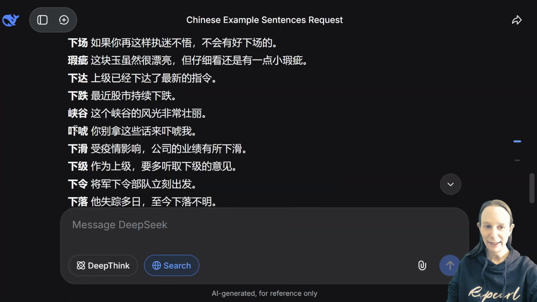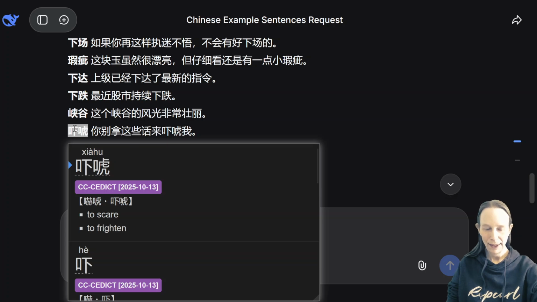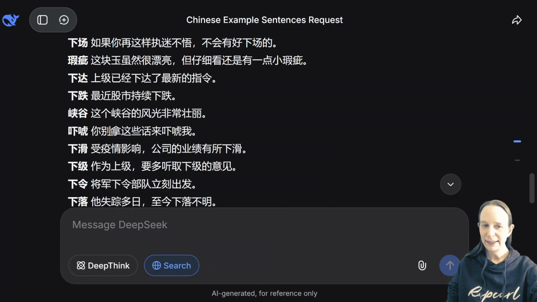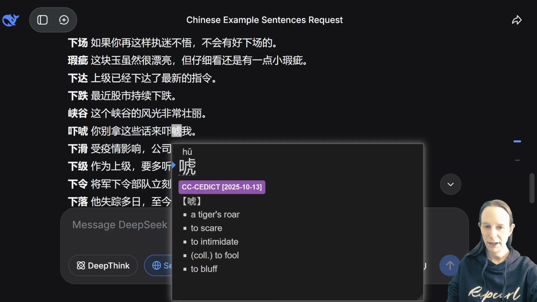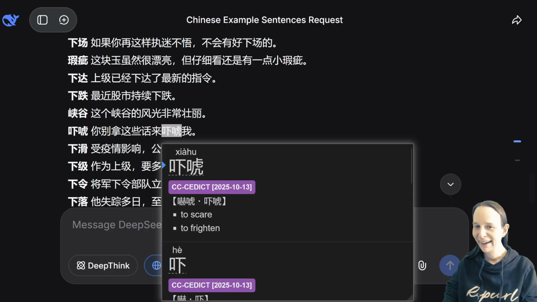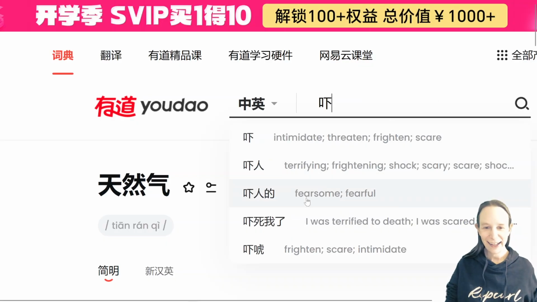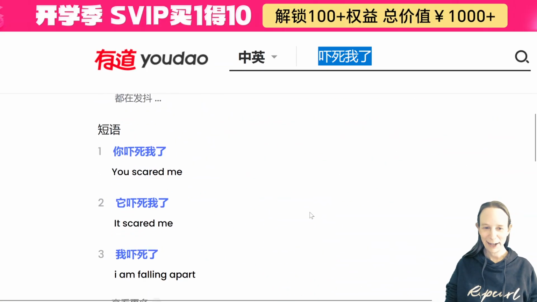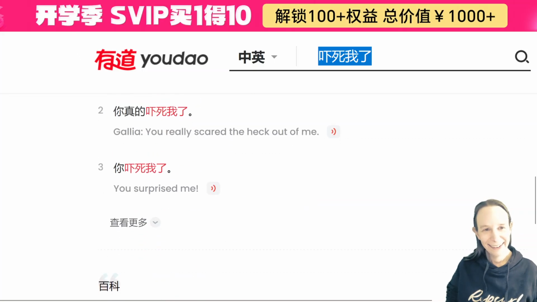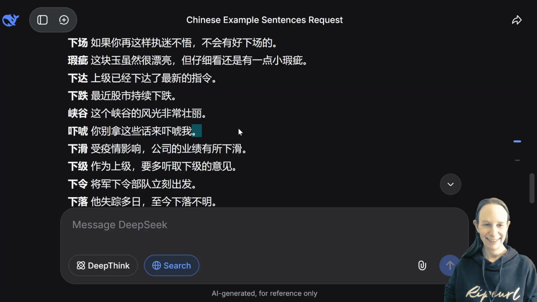All right, 吓唬, scare, frighten. 你别拿这些话来吓唬我. Or it's more like intimidate. You see the character 吓 and it's not a big deal. 吓死我了！你吓死我了！哇，你吓死我了！